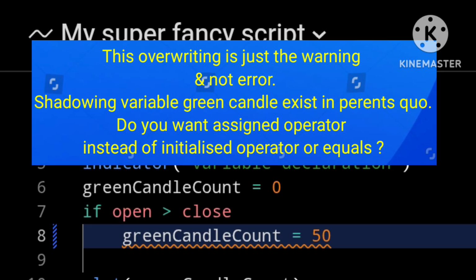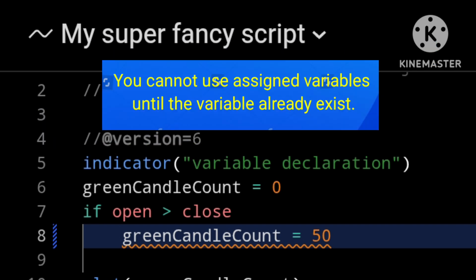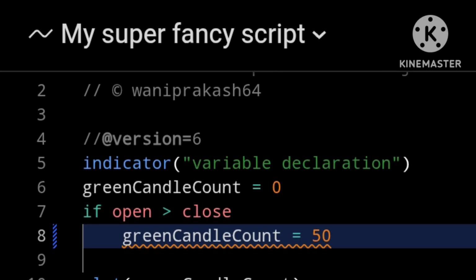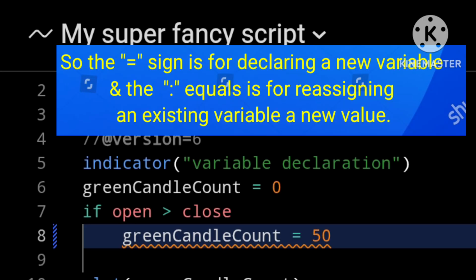So when you are first declaring a variable, you need to use the equals that initializes the variable. You cannot use the assign operator until the variable already exists. So if I save the script now, we get an error that green candle count is an undeclared variable. So the equal sign is for declaring a new variable and the colon equals is for reassigning an existing variable